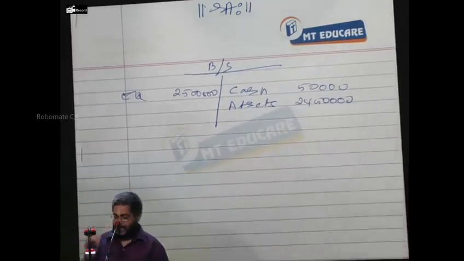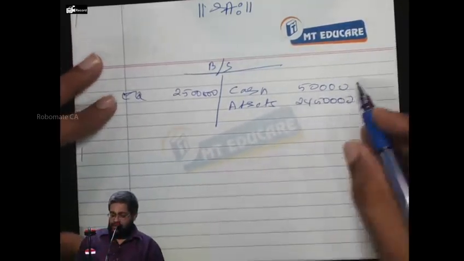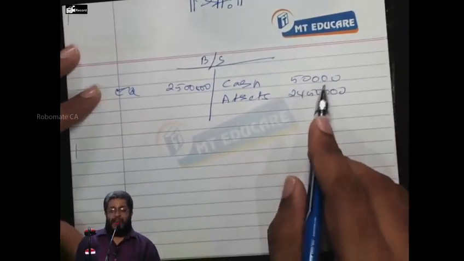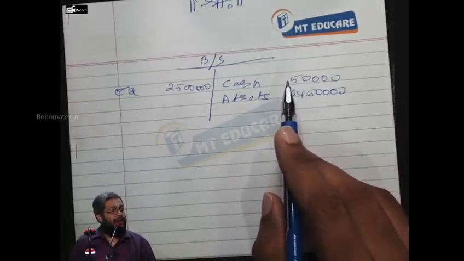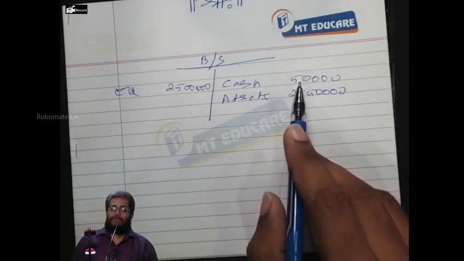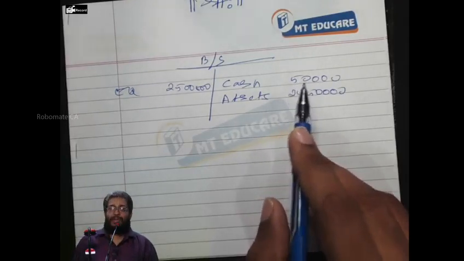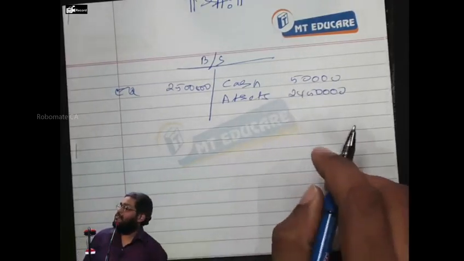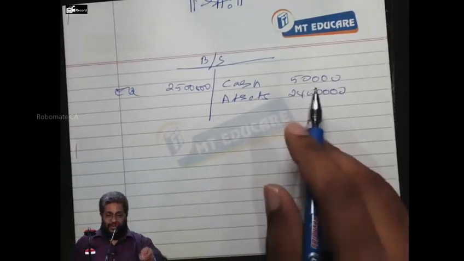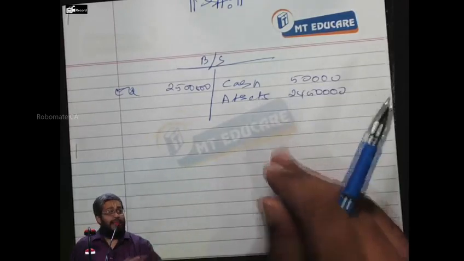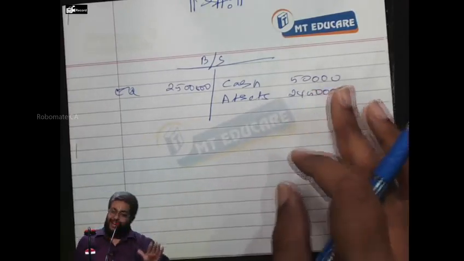Now, my question is, first of all, when I don't do anything, today the value of 1 rupee cash is what? 1 rupee. Yes or no? Why is today's value of 1 rupee cash 1 rupee? Because with that 1 rupee, I can do what I want. Now, suppose I can do what I want with this cash, but I don't do anything. The value decreases.